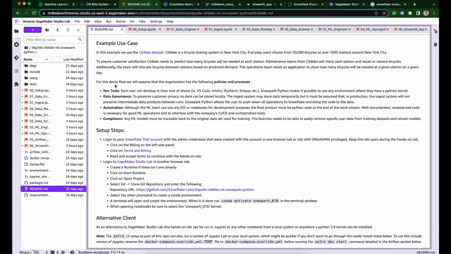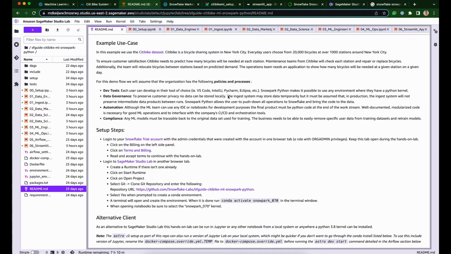We are going to make a couple of assumptions in the course of this demo as well. First is that we want our development teams. This kind of project would be very much a collaborative one in the real world, right? So we want to ensure that development teams can use their tool of choice. One thing that's nice is Snowpark Python can be used in any environment that you have a Python kernel. There's no real restrictions. So I'm going to be working primarily in SageMaker Studio Lab here, but you could also be working in VS Code or IntelliJ or Eclipse or just local Jupyter and a VM somewhere. It doesn't really matter. Snowpark Python can run anywhere,